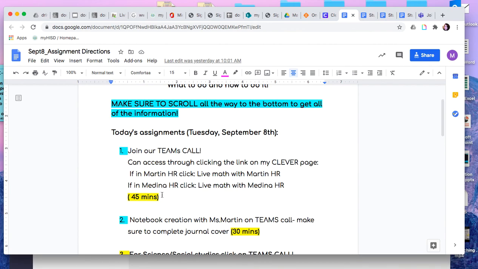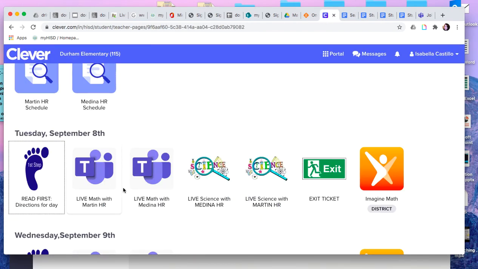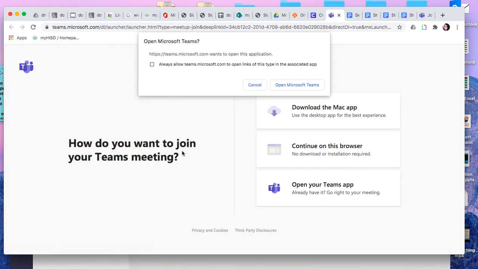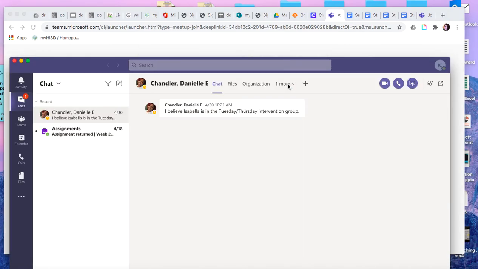Well, it tells you right here, if you're in Miss Martin's homeroom, you are going to click Live Math with Martin Homeroom. So go back to Clever, and you can see right here, it says Live Math with Martin Homeroom. You are going to click on this link, and it's going to take you to this page asking you to open the Microsoft Teams app. I highly suggest downloading this Microsoft Teams app. It makes it a whole lot easier to navigate back and forth. So open Teams app,